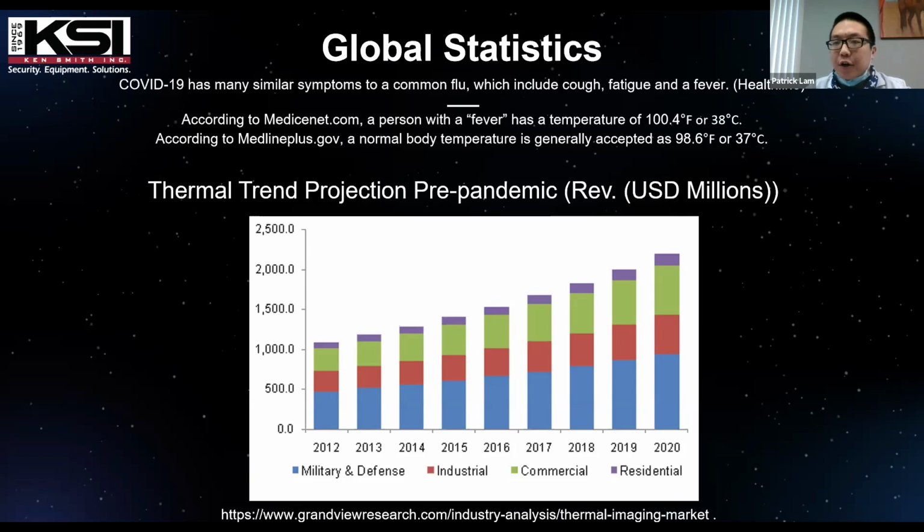Now, a fever, according to medicinenet.com, is defined as 100.4 degrees imperial or 38 degrees Celsius metric, okay? And according to medlineplus.gov, a normal body temperature is defined as 98.6 degrees Fahrenheit imperial or 37 degrees Celsius. So I just want to set the stage for you guys on the threshold we're looking for,